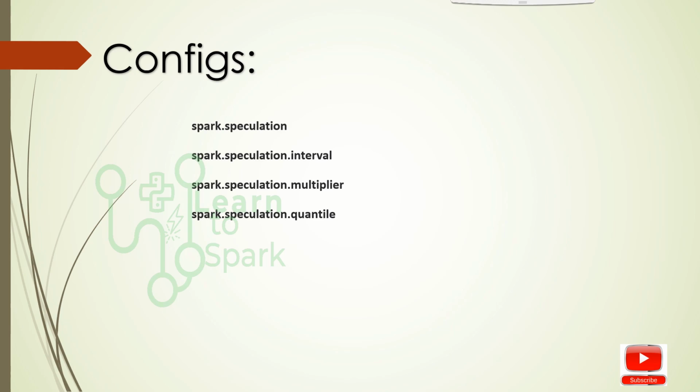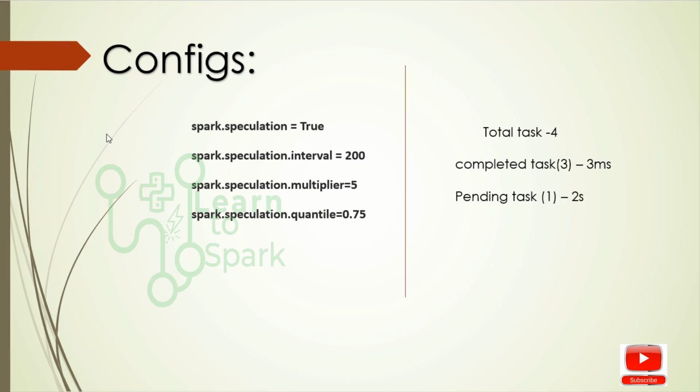So we have to give spark.speculation equal to true if we need to enable it. spark.speculation.interval is nothing but the time interval at which the Spark engine has to scan each and every task and decide whether speculative execution has to be implemented or not. And spark.speculation.multiplier is a number. It should be greater than 1 or else 1. This is nothing but the completed task median multiplied, which should be less than the pending task's running time, to initiate the speculative execution mode.